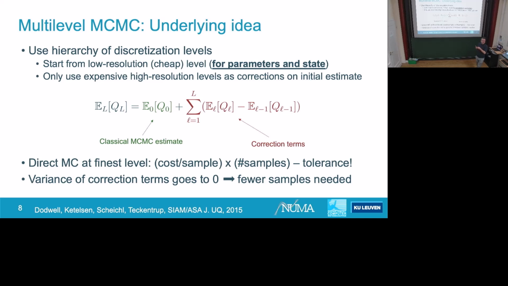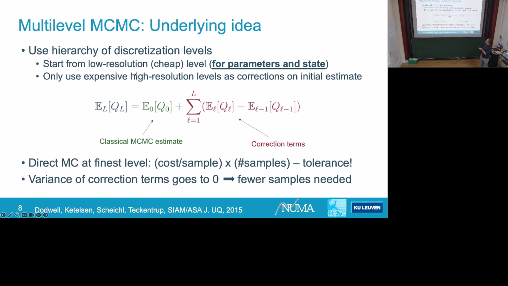The Markov chain Monte Carlo method is unbiased, so the length of the chain only determines the variance that you have, where the cost of one sample determines the bias that you will have on your estimates. If you want to reduce the total error, you will want to reduce both the bias and the variance, which means that you need to take longer chains with more samples per chain. That's the thing we want to avoid with multilevel Monte Carlo, and we do this in the following way.